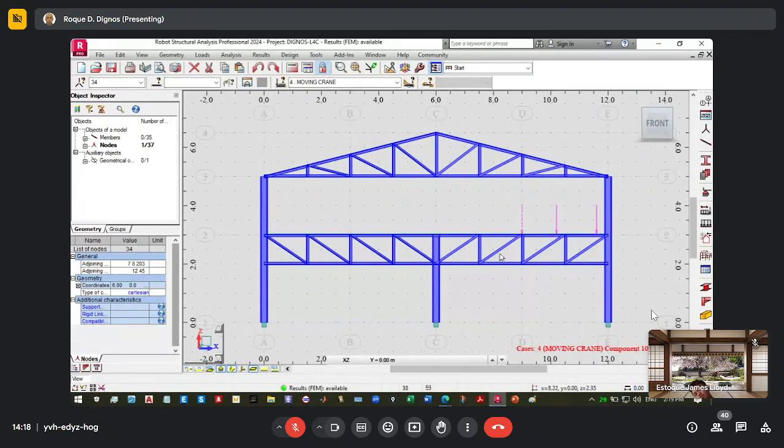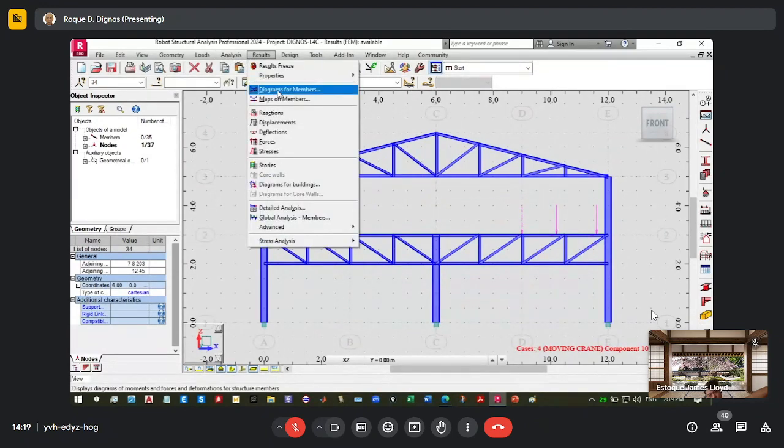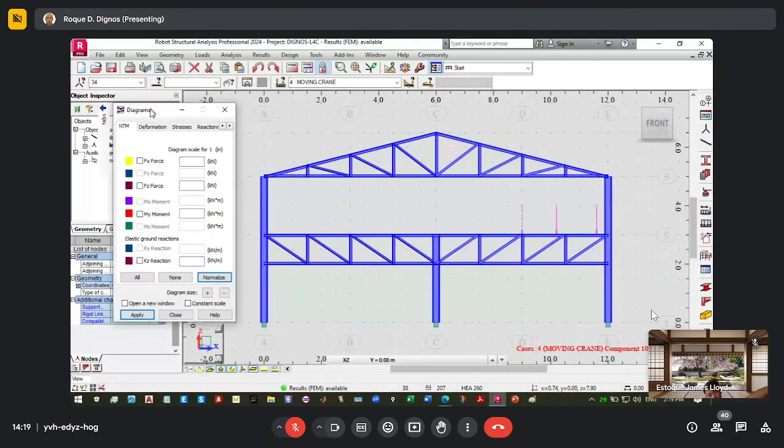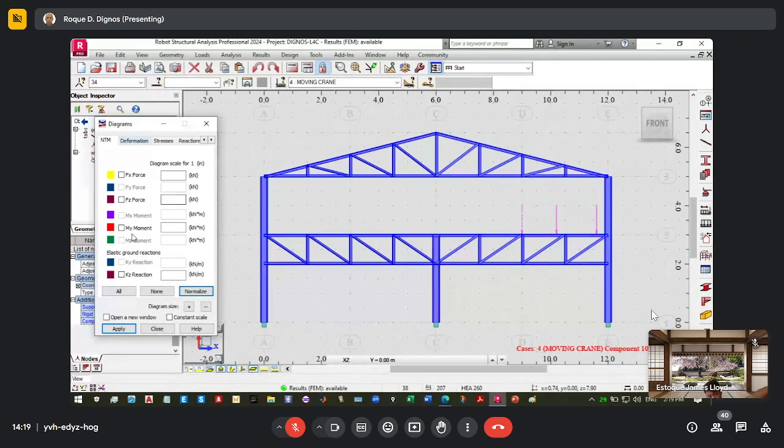And if you want to see the bending moment diagram, the variation of stresses as the moving load is moving, as the moving load moves, the stresses will vary and change accordingly. So let us see. We go to the results and diagrams. Again, we discussed the major axis.